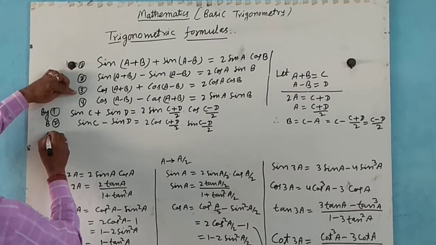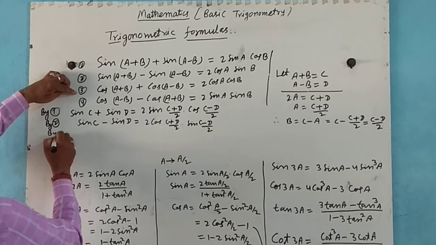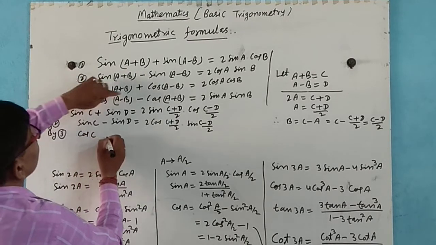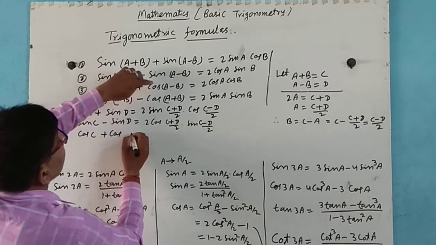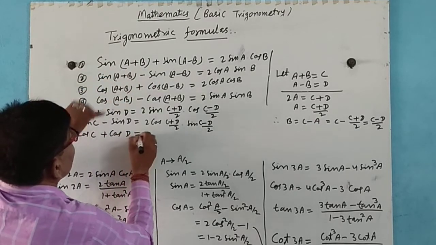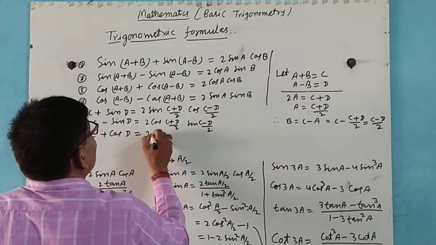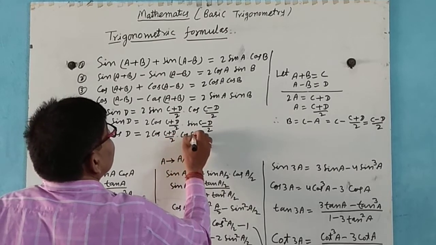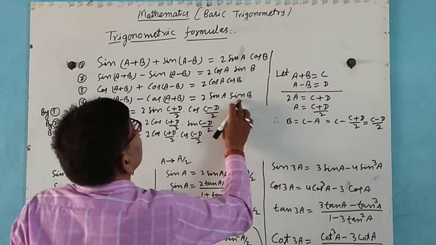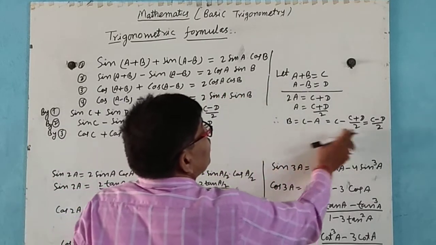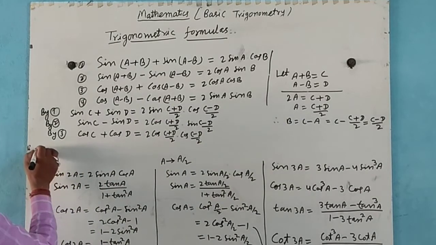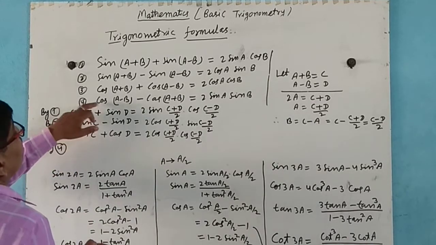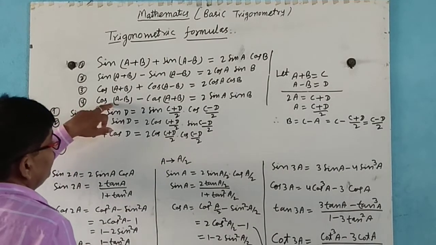Now from the third, cos(A+B) is cos C, plus cos(A−B) is cos D, equal to 2 cos A cos B, 2 cos (C plus D) by 2 into cos (C minus D) by 2, because B equal to (C minus D) by 2. And from the fourth, cos(A−B)